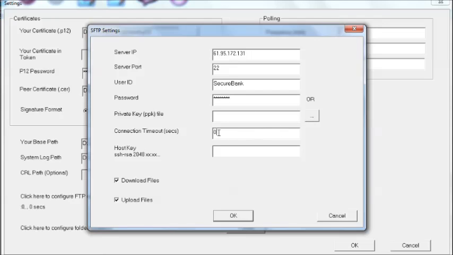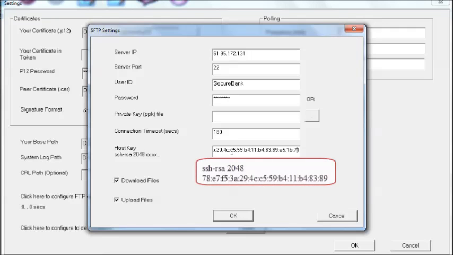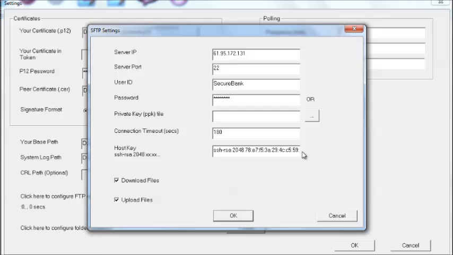Provide the maximum time in seconds, after which the connection will time out. Enter the host key for the FTP server. This is the fingerprint or public key of the FTP server. This key is used to identify and authenticate the ACH system during transaction. You should be able to download this information from